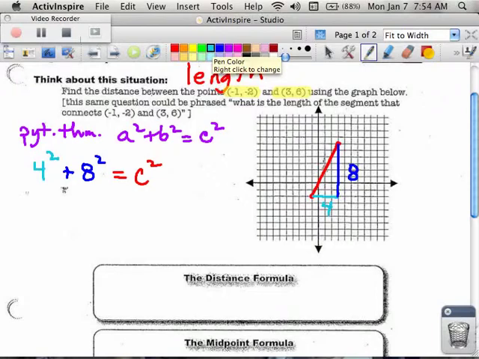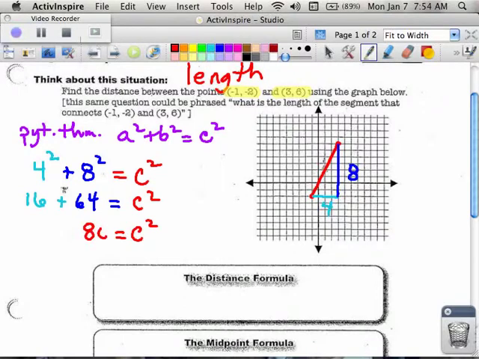Then as we simplify, we get 16 plus 64 equals that c squared. Or in other words, c squared is equal to the sum of those 2 things, which would be 80. And then in order to find that, you could take your calculator and take the square root of 80, so if somebody could do that for me. 8.94, thank you. 8.94. And so this would be the length